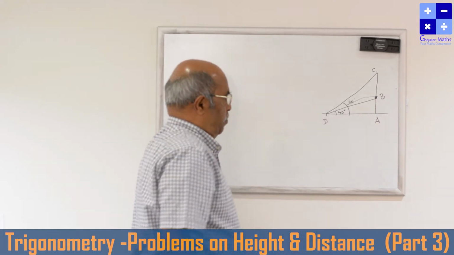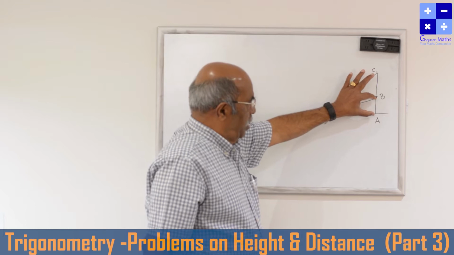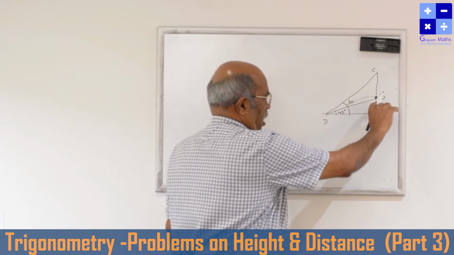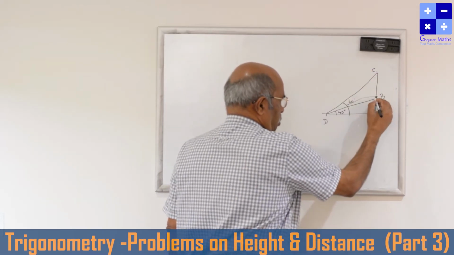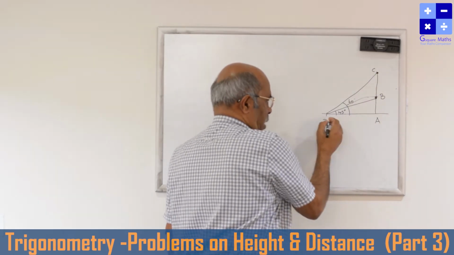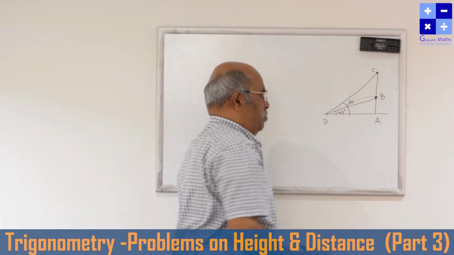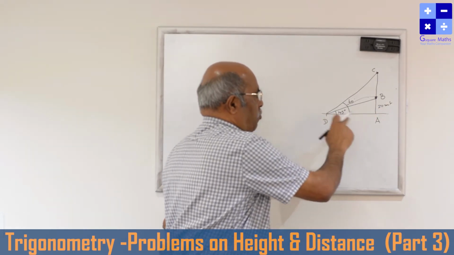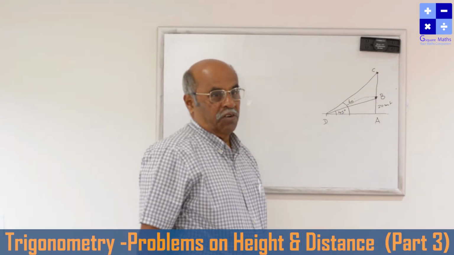Once again, let me repeat. On the top of a building, there is a transmission tower standing. In the figure, AB is the building and BC is the transmission tower. The bottom of the transmission tower is B and the top is C. A man standing at the point D is observing the bottom and top. This is 20 meters height. You are asked to find the height of this transmission tower, so you are asked to find BC.